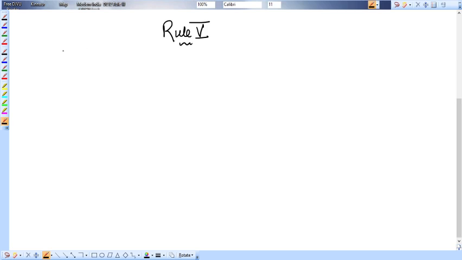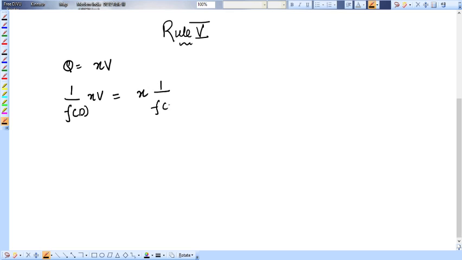Let's come to rule number 5. In this, Q is equal to x times V, where V is a function of x. If a non-homogeneous equation contains Q(x) equal to xV, then how are we going to solve that non-homogeneous linear differential equation with constant coefficients? In that case, the particular integral 1 over f(D) of xV is equal to x outside,